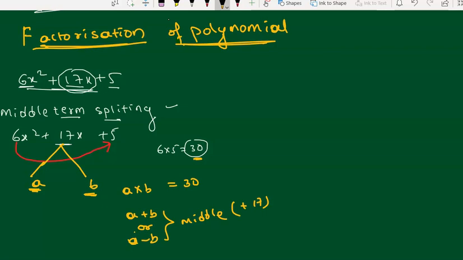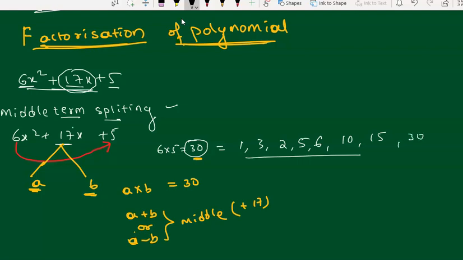For that you have to find two suitable numbers whose product gives you 30. To find them, don't go broadly, just write down the factors of 30, so that the product of those two will give you 30. What are the factors of 30? 1, 2, 3, 5, 6, 10, 15. Numbers like 7, 8, 9, 12, 13, 14, 16, 17, 18 and 20 are not factors. These are my factors, and finally 30 is my factor.